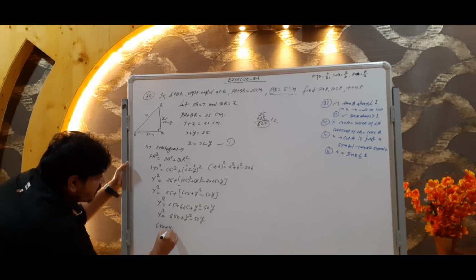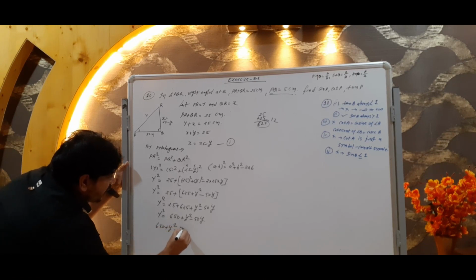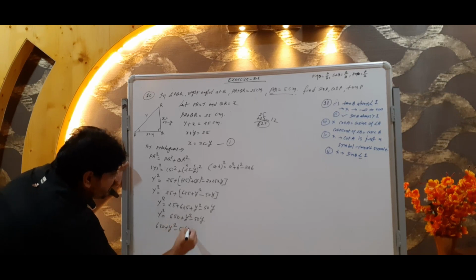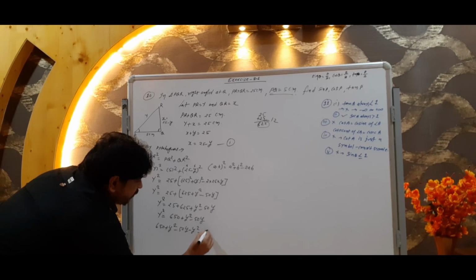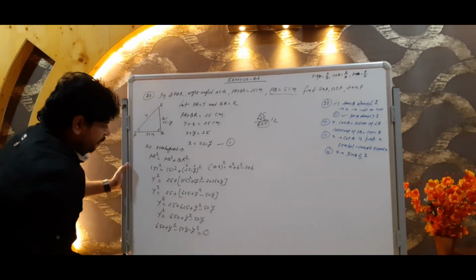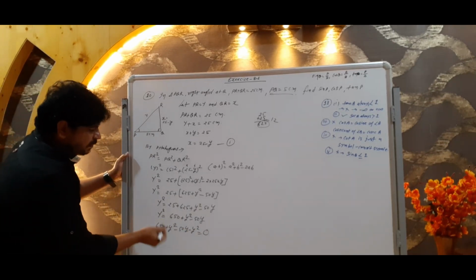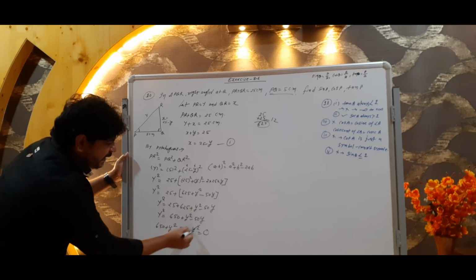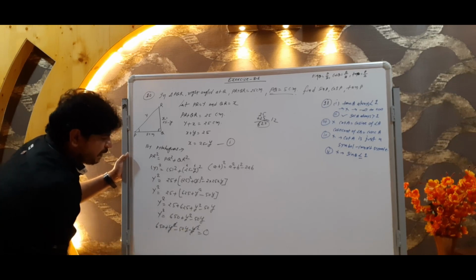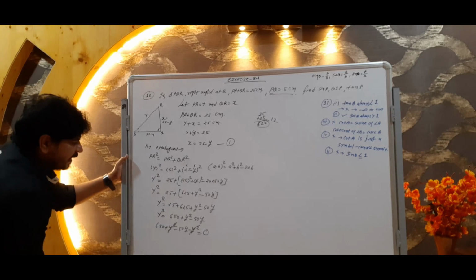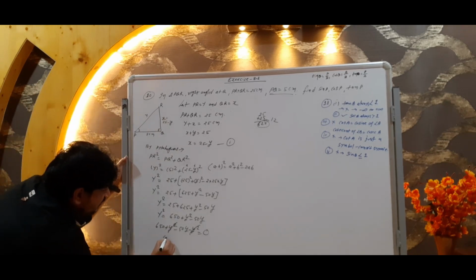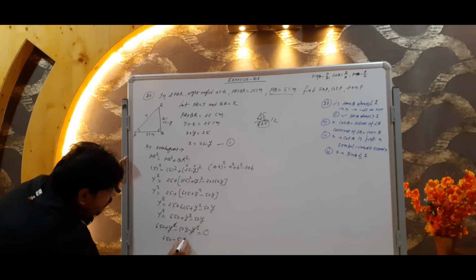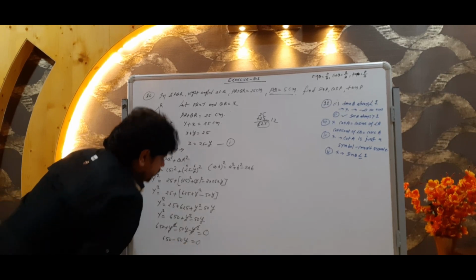650 plus y square minus 50y. This y we will transfer here. In that case, minus y square is equal to 0. Because y square is already here, so both will cancel. This y square minus and this y square plus will cancel. In that case, what we got? We got here 650 minus 50y is equal to 0.